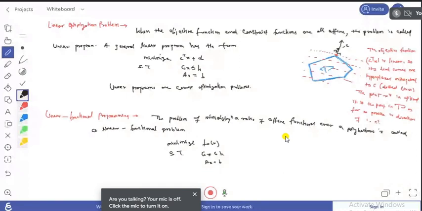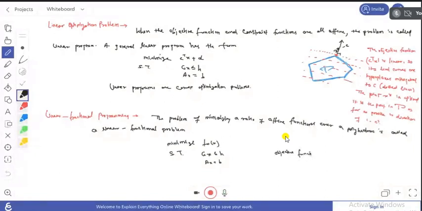Here your objective function, that is f naught of x, is a ratio of linear functions, c transpose x plus d over e transpose x plus f, or in some other notation. So this is this type of fractional problem, and both are linear functions. So here the objective function is basically